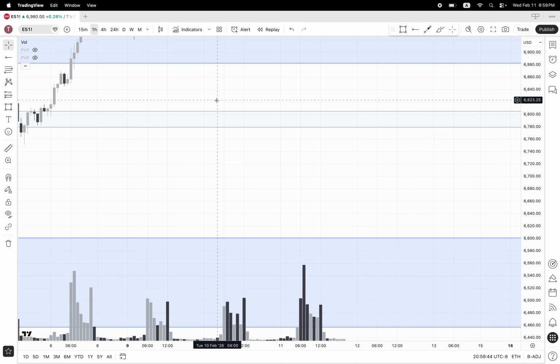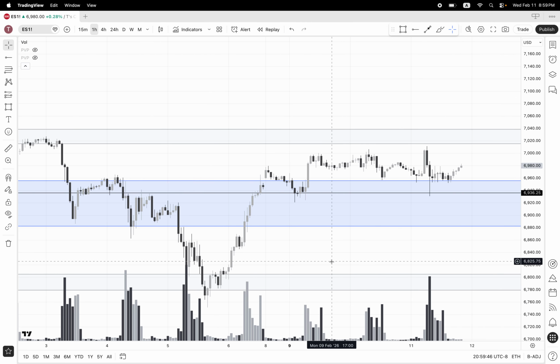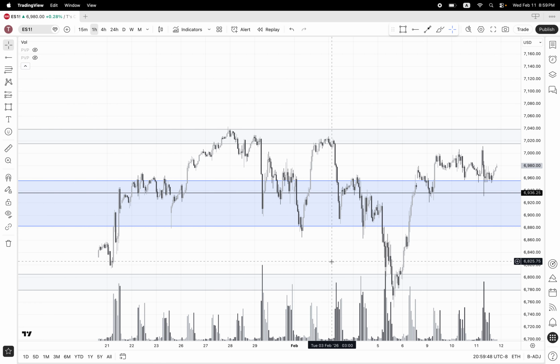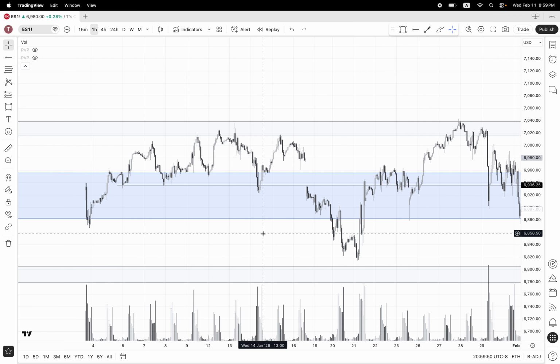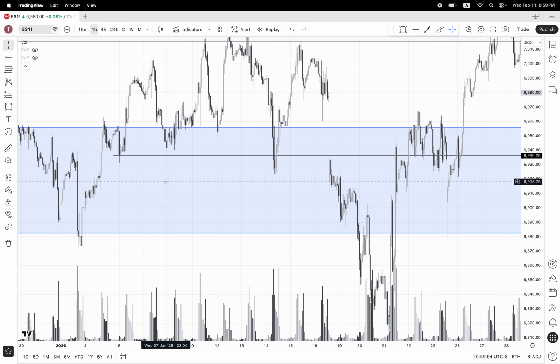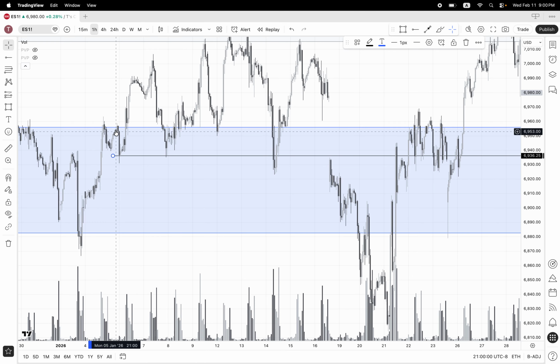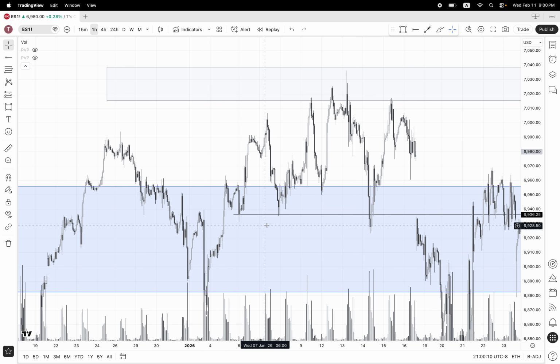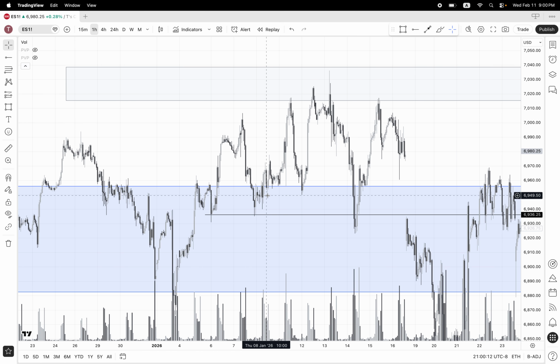And then the next level after that would be the hourly. In my case, hourly levels, just because I trade on the hourly, I look at the trades on the hourly, I analyze on the hourly. Obviously it's going to be different for you. In this case, we have a support level right here for the hourly, because we are at the lowest time frame. For me, I do use lines instead of zones, but the reason why I was using zones before for higher time frames, it just